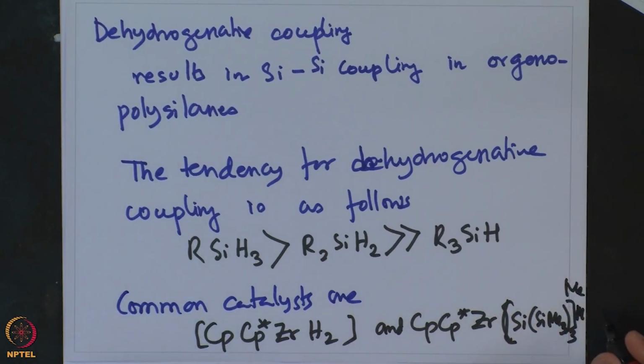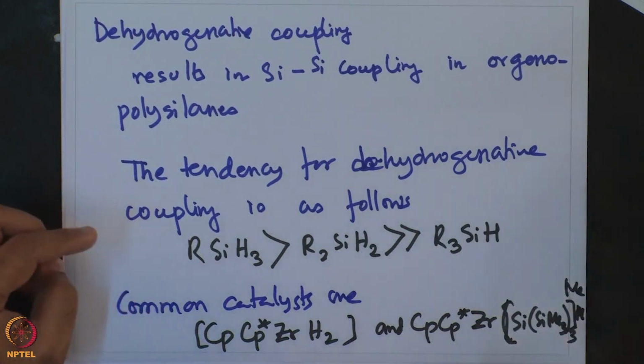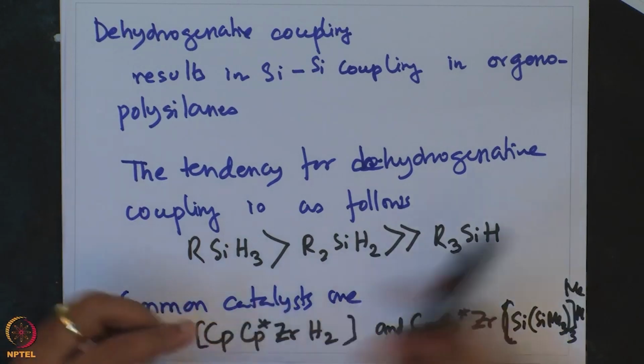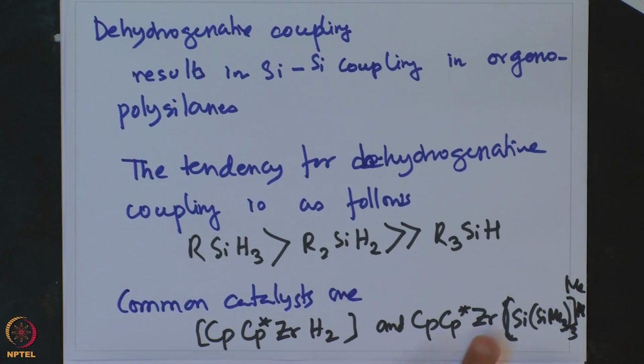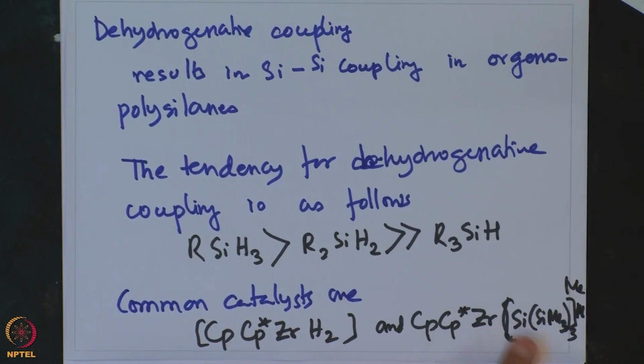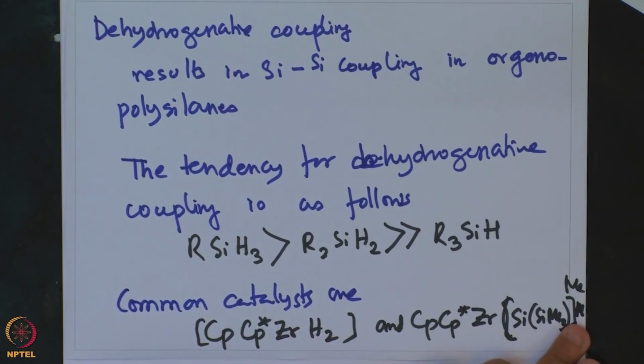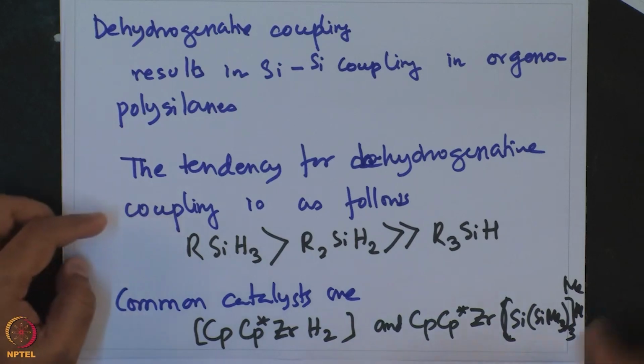Okay. So, these are very common unusual types of complexes. One is Cp* zirconium dihydride, and the other is Cp* zirconium (SiMe3)3 methyl. These are used for dehydrogenative coupling,